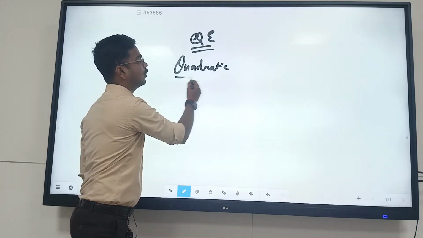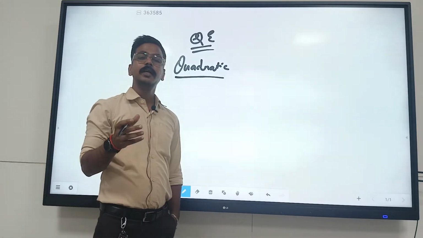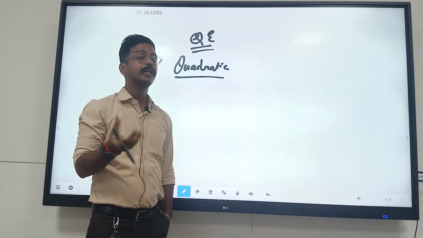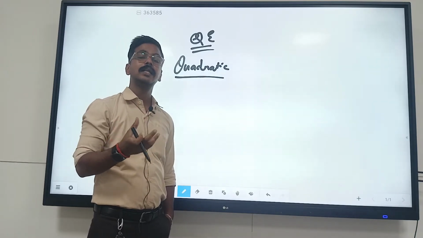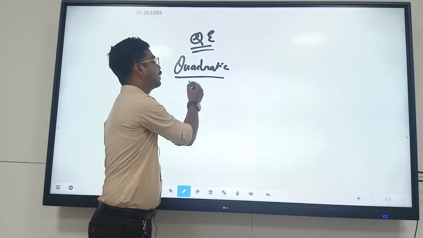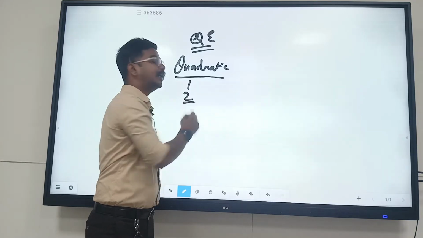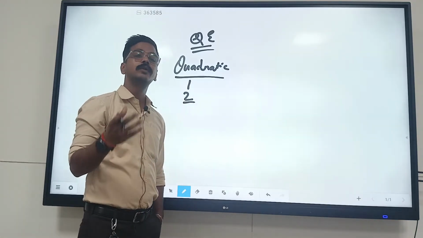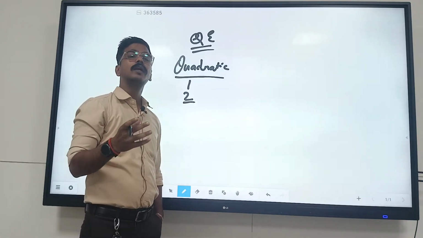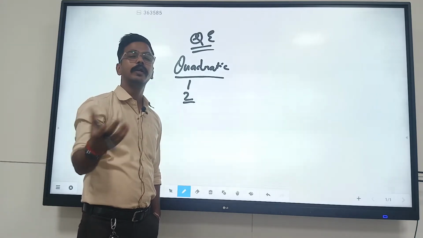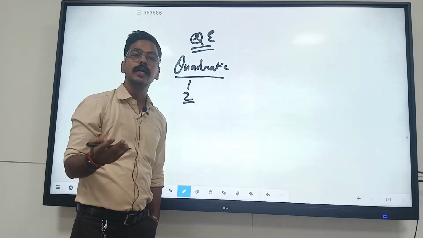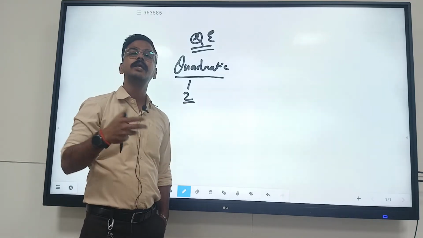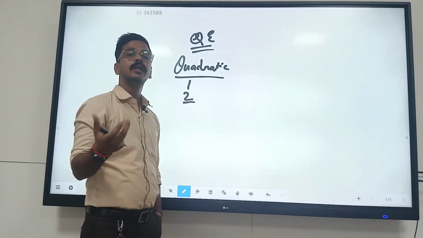Let's talk about what is quadratic. Many people get confused that quad means 4, but here we are talking about quadratum. Quadratum is a Latin word, and from there this quad came, and quad means 2. So an equation which has the maximum power 2, that is the degree 2, will be called a quadratic. Any polynomial it can be. And equation means there will be an equal to sign, that is, that particular polynomial will be equal to something, and this will be called a quadratic equation.